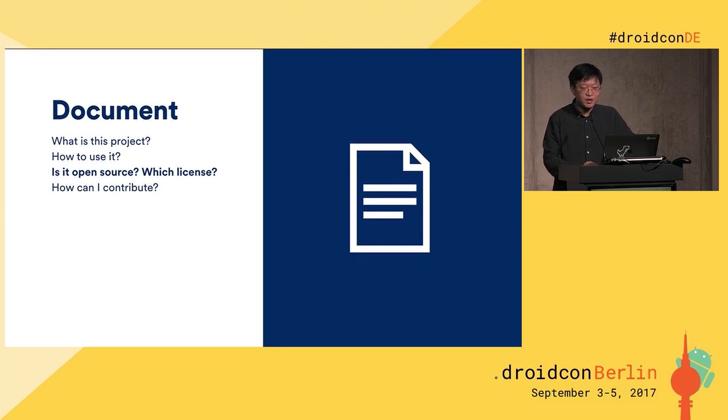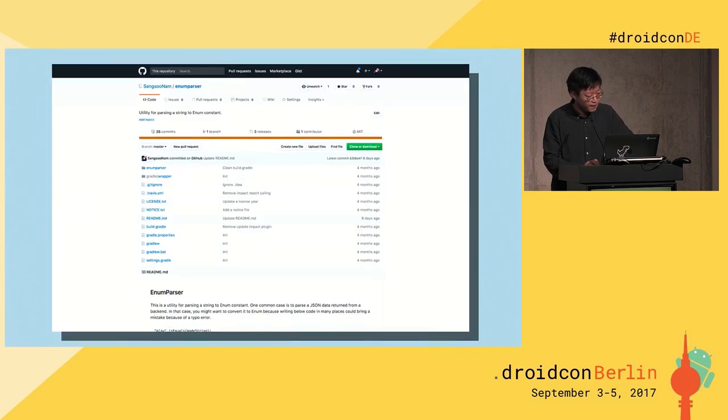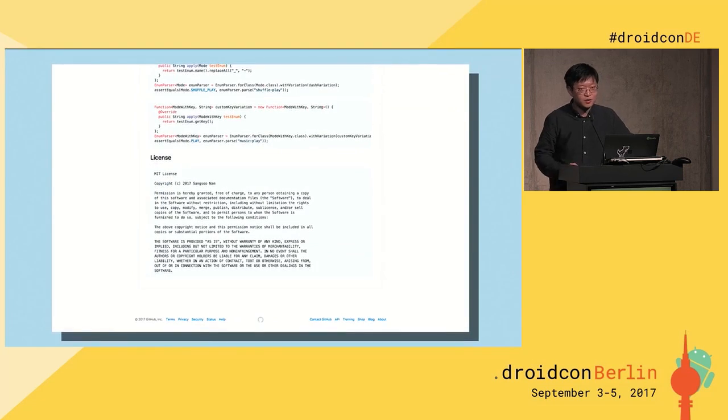If you want to know how to write this kind of document, there is also a good course on Udacity. This is sometimes a little bit serious topic, so they made some course. So write README. And now we have the document. If the file name is readme.md, or markdown, GitHub shows that right below the source code tree, so when people see this repository, they can see that. So I mentioned how to use that, and also the really important thing, the license.